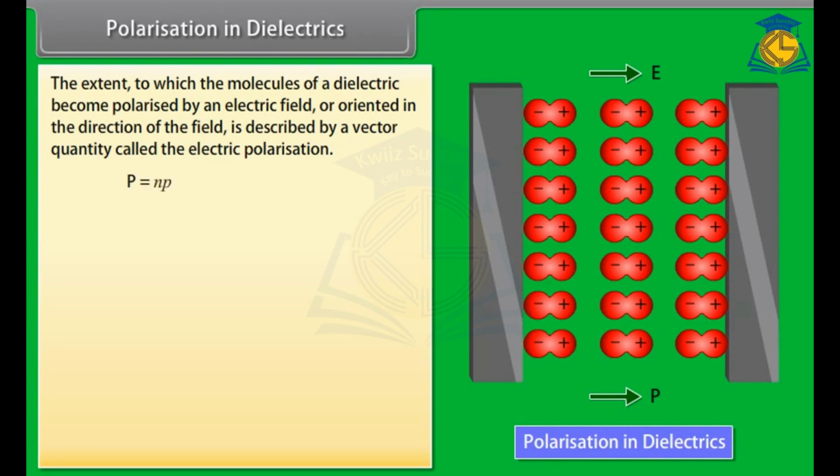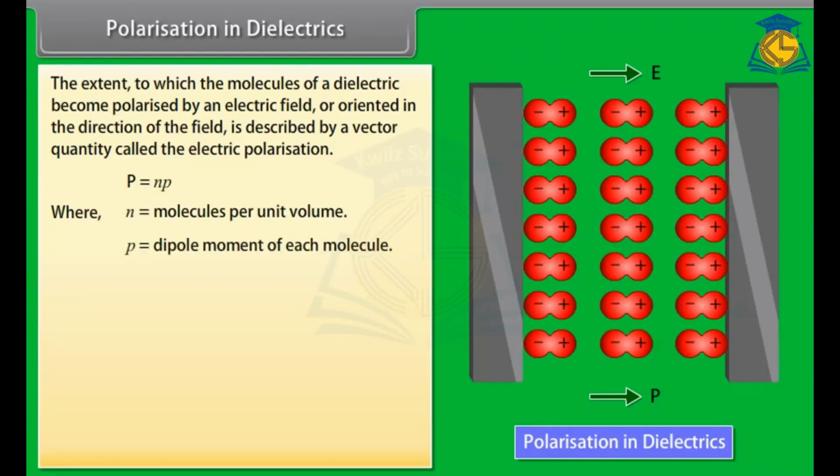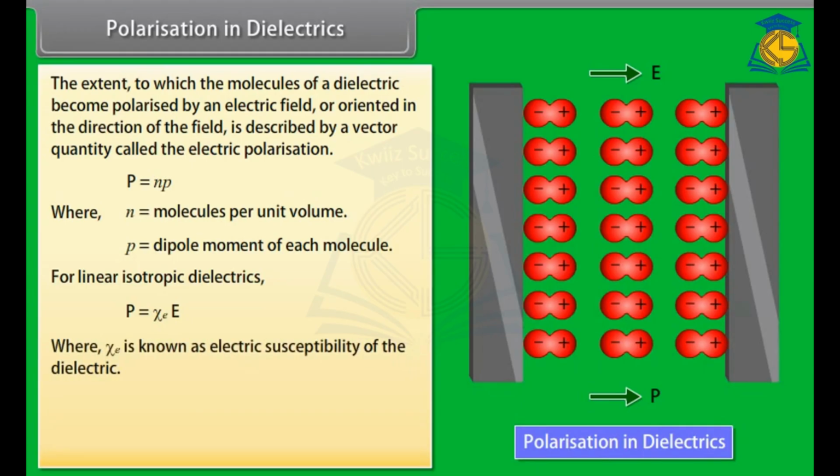P is equal to Np, where N is the number of molecules per unit volume and p is the dipole moment of each molecule. For linear isotropic dielectrics, P is equal to the product of chi and E, where chi is known as the electric susceptibility